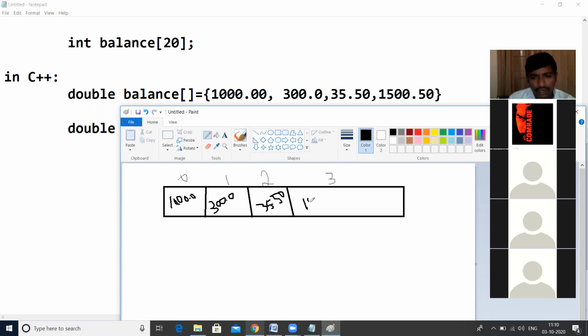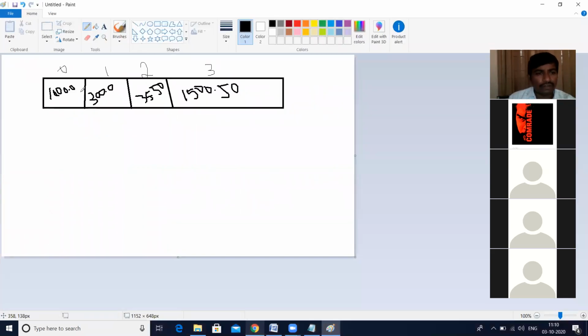Then next 1500.50. Like this the values will be stored. Okay, this is the 0 index, first index, second index, third index values. Any doubt?